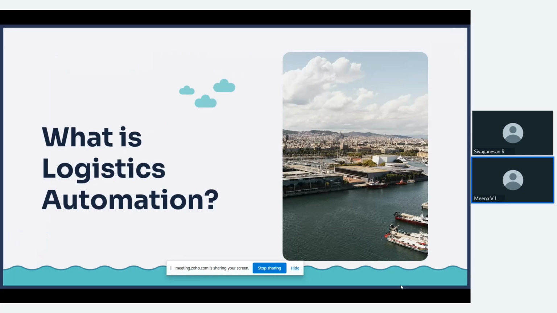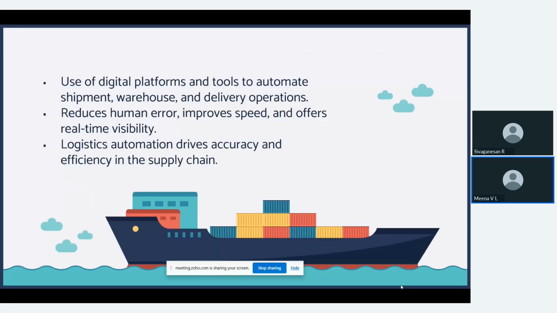So what is logistics automation? Why do we have to do it? When I explain the life cycle process, it may look simple, but this involves a lot of processes. You need some tool where you can have the databases of all the customers who are placing the order, all the logistic providers to whom you are giving your deliveries to deliver to the customer's place. Or maybe you would like to get the updates of statuses then and there, without making a call to the logistic provider, like where is this particular order, or if this order has been delivered to the customer. So all these are manual steps that you're doing.